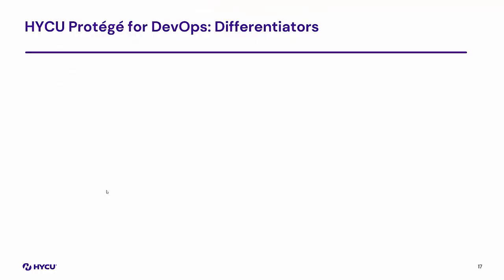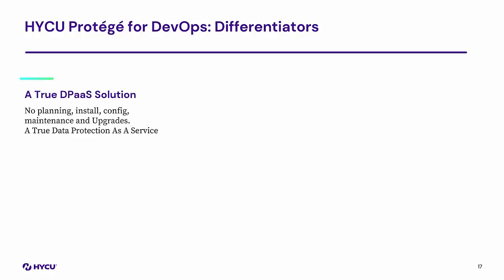So in summary, let's look at some of the differentiators for HYCU Protege for DevOps development here. It's a true data protection as a service solution. So there's no planning, installation, configuration, maintenance, and upgrades. There's no software that you have to upgrade. It's truly elastic, whether you're backing up a dozen VMs or thousands. The solution scales accordingly. So it is a true data protection as a service with a rich RESTful API interface